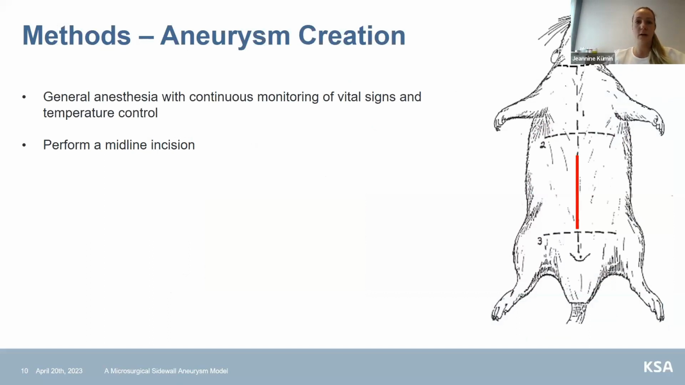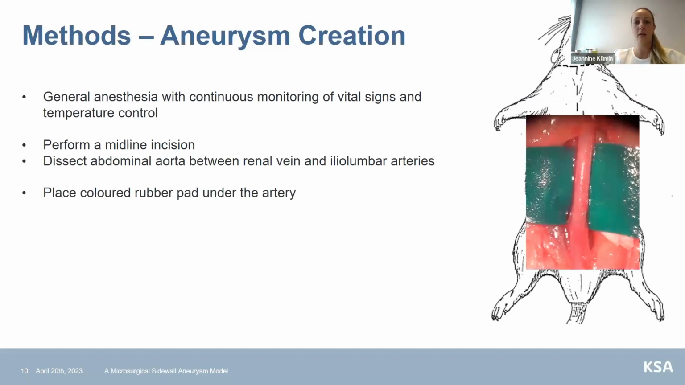Then let's talk about the aneurysm creation. The animals were all under general anesthesia with continuous monitoring of the vital signs and temperature control. Then a midline incision was performed 1 centimeter below the xiphoid process. Then the abdominal aorta was dissected between the renal vein and the lumbar arteries, and a colored rubber pad was